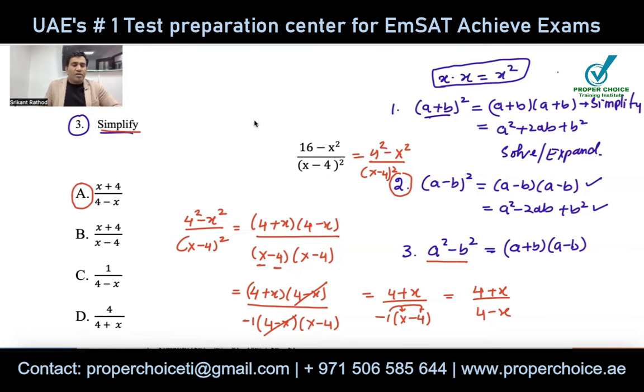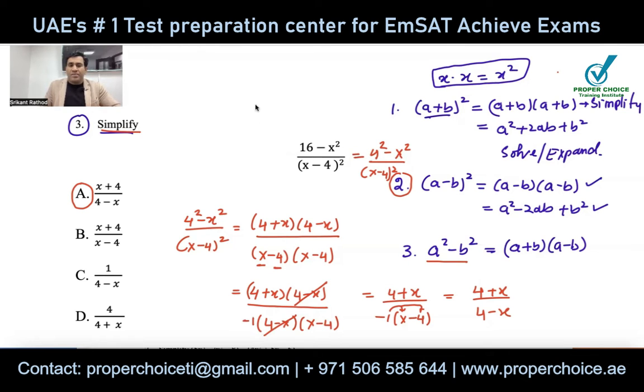So whenever a question comes like "simplify" or "which of the following is equivalent to," especially with polynomials, I suggest taking some numbers for the variables. We might have a variable like x, y, z. Assign some numbers, but don't assign 0 or 1, because those options can give you multiple answers that are true. Assign a number like 2, 3, 4, or whichever is your favorite or lucky number, and then substitute those values as they are in